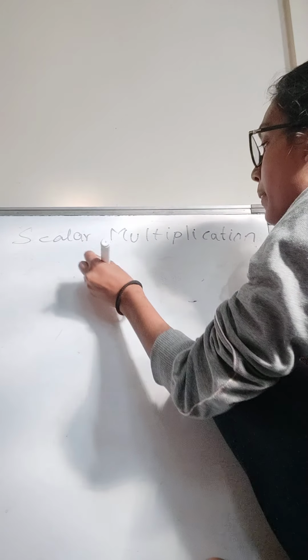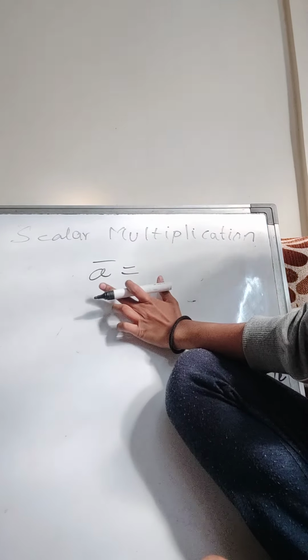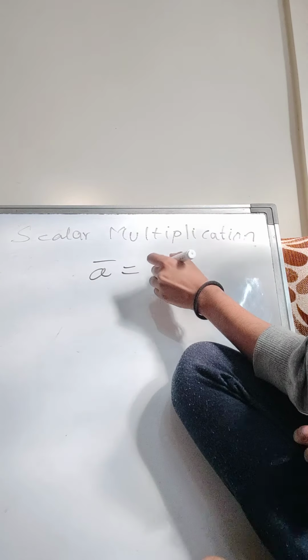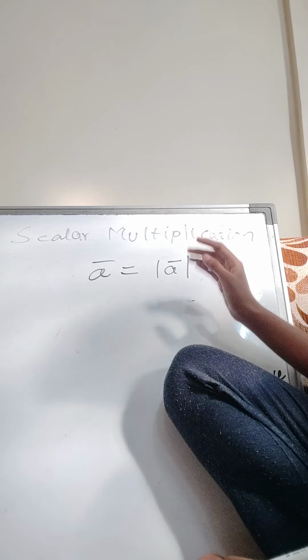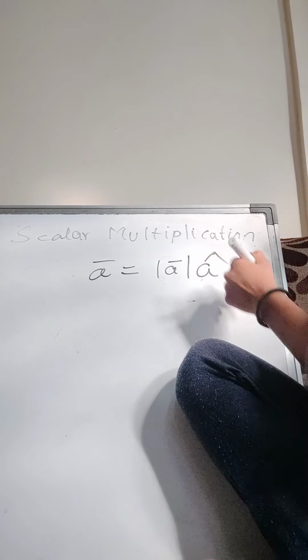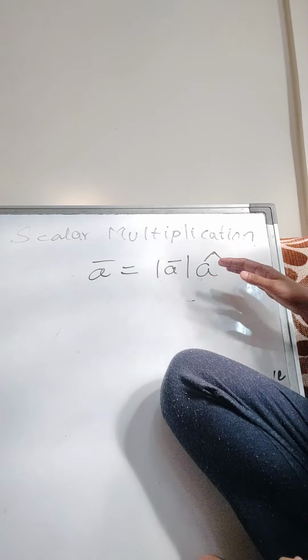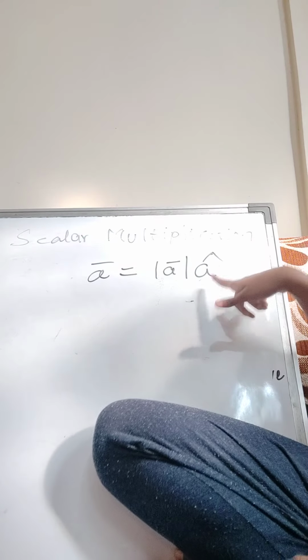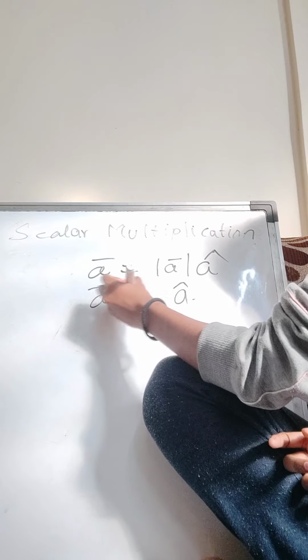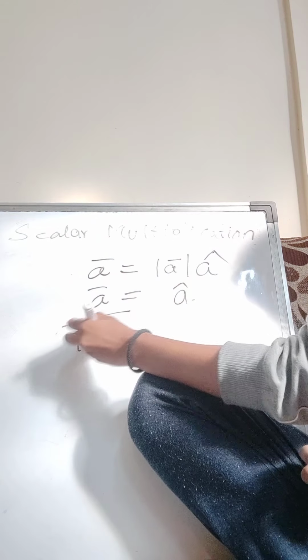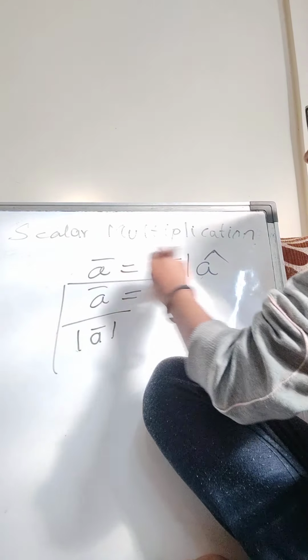Now there are also a few things to remember. I told you earlier that any vector is nothing but its magnitude into its direction, right? So if I ask you about direction, what will you do? You will take this in this side and it will become negative. So this is how you